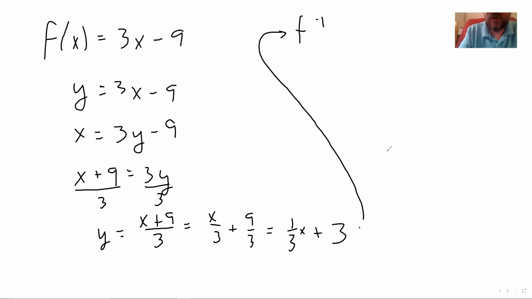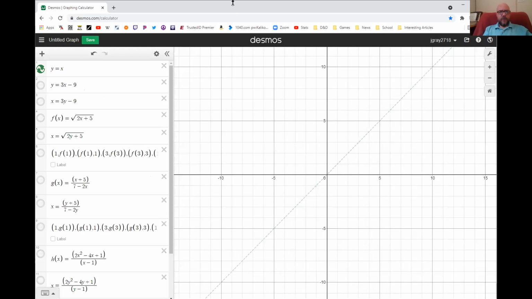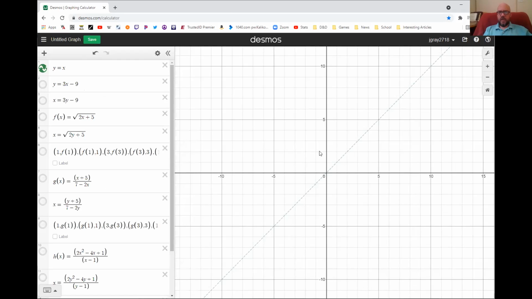f inverse of x equals (x plus 9) over 3. Or if you prefer, 1/3 x plus 3. Either of those is fine. So let's see what that looks like. Now, in the last topic video, I mentioned that, let's see, do I have this up for that one? Yeah, it's this one. I mentioned that what it looks like is all the points getting reflected over the line